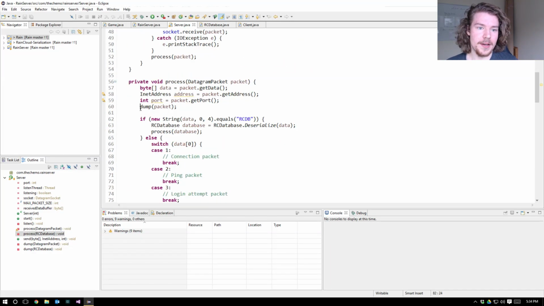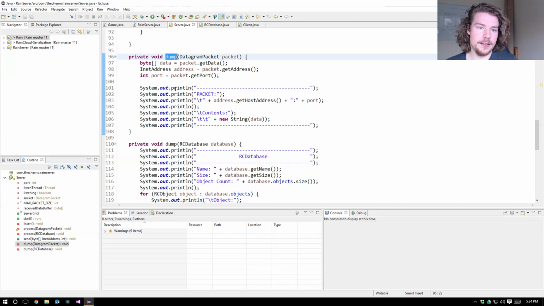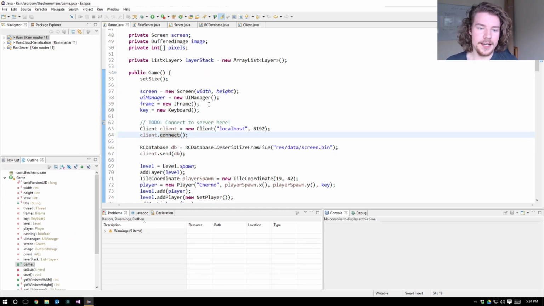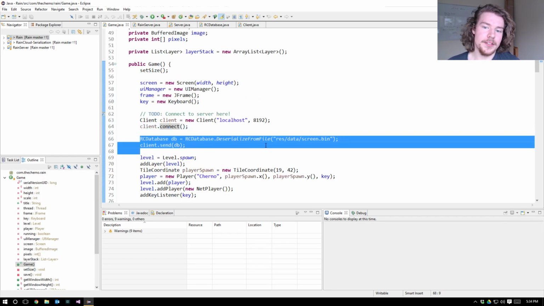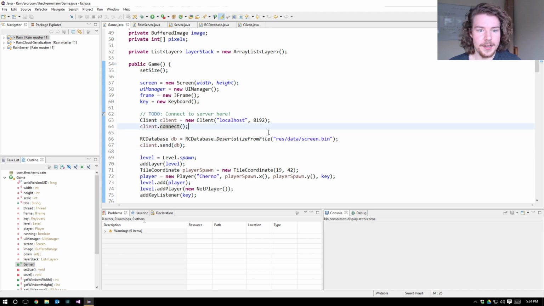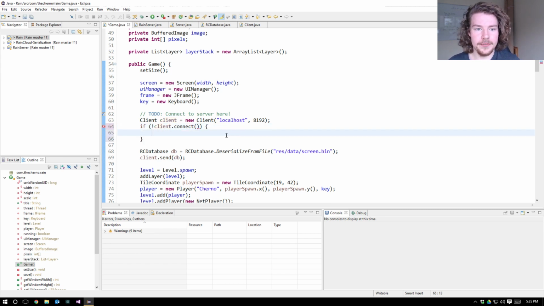So it processes a database, dump packet. It will just print that it received a packet with our contents, and that's it, right? There's no interconnection going on. It's just printing what it gets, which in this case is the words, connection packet. And that's it. And then we're assuming that the connection is successful and we're sending data. So what we're actually going to do is we have connect, which of course returns a Boolean. So we're going to, first of all, handle the case of